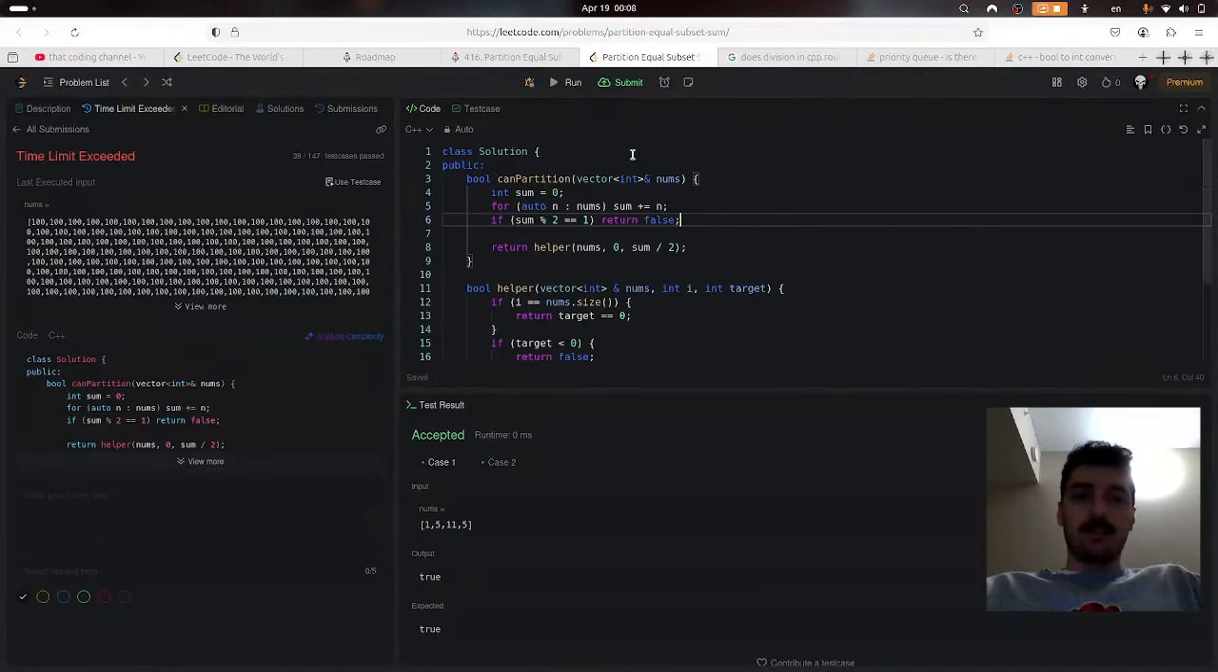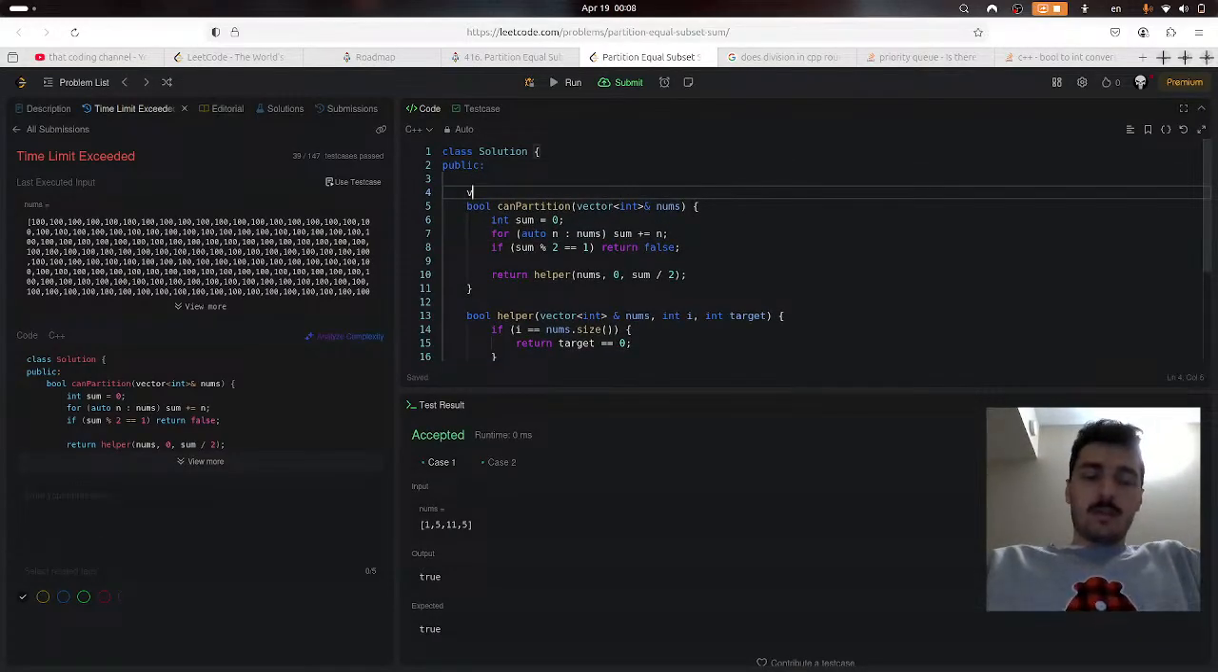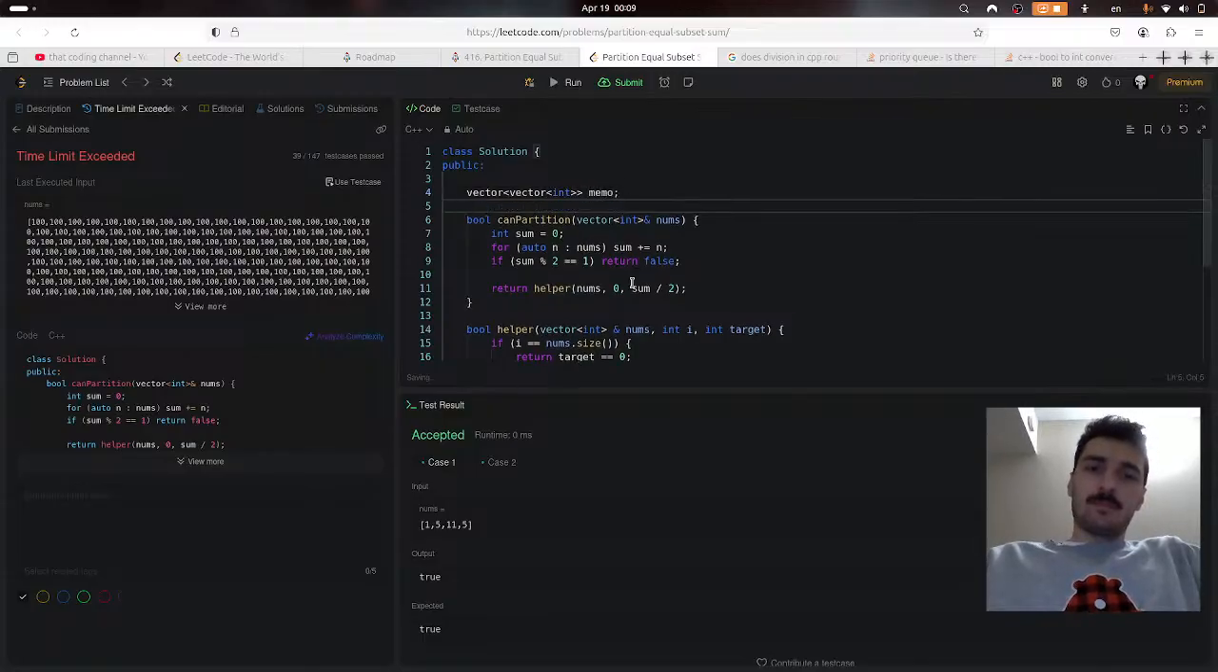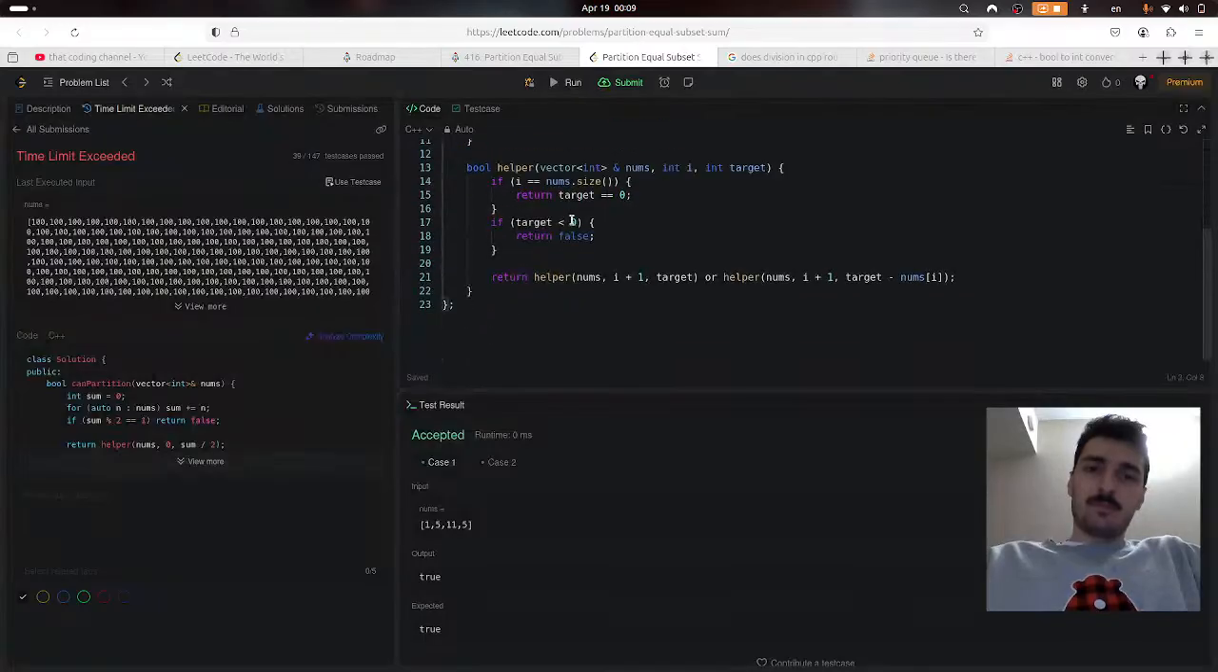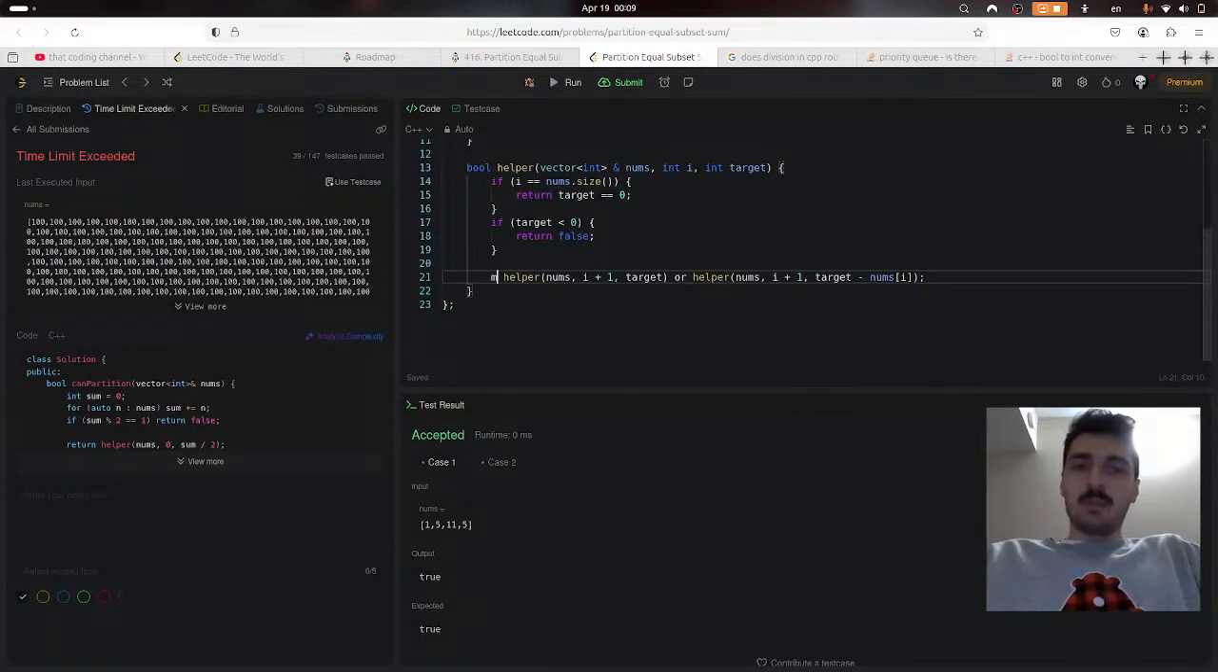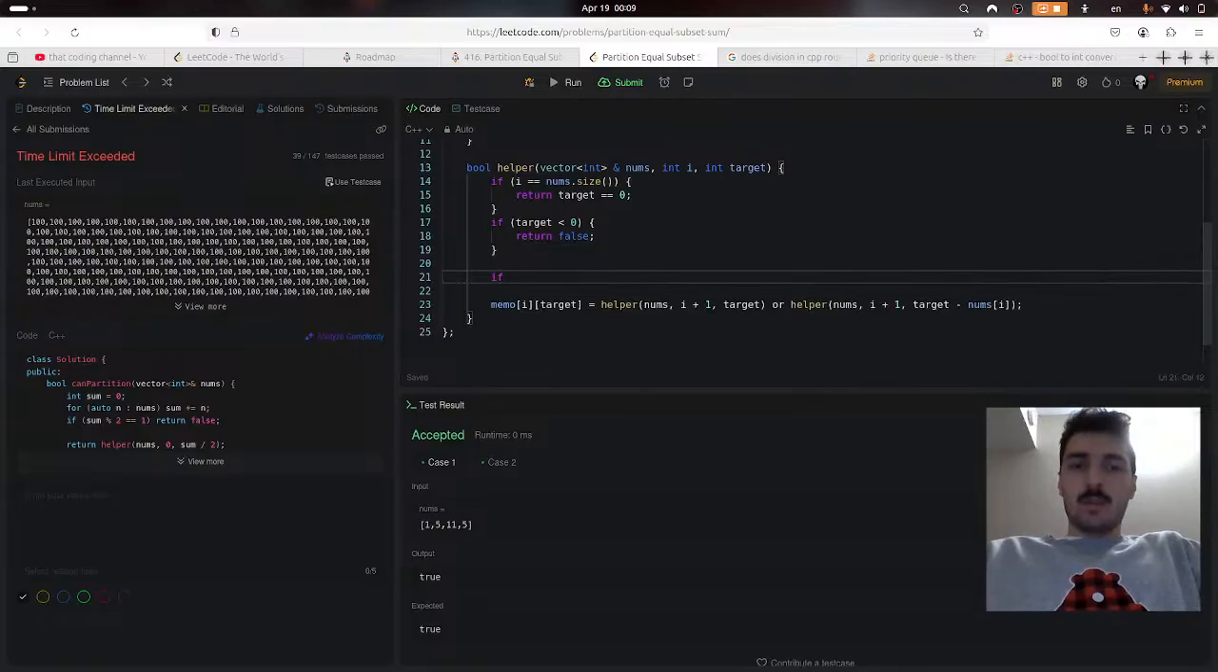All right. Memo, vector of ints, memo. We have this memo thing going on. Memo for this given i, this given target equals this. If memo i to the target has been set,